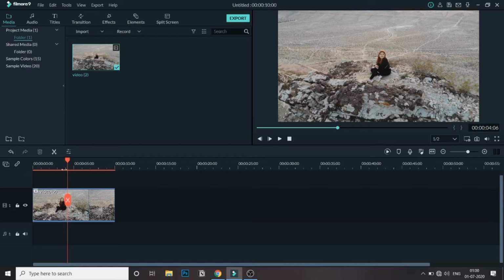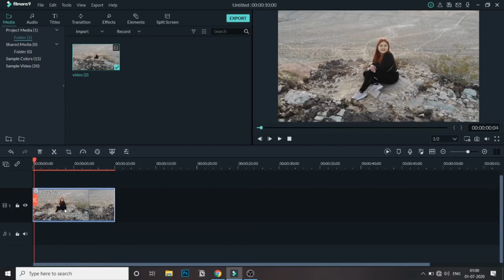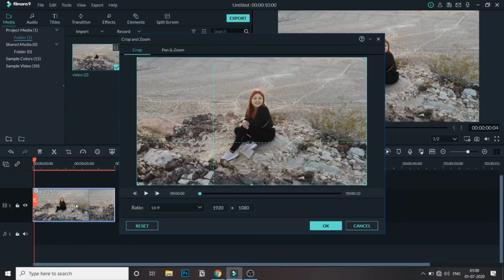Once you have this video, I'll click on it, and here, as you can see, there is an option of crop. I will click on that, or you can right click and select the crop option, and then I will go to pan and zoom. Now what we need to do is create a zoom in on the object. Since the zoom out is happening in the drone effect, we will create a zoom in the video